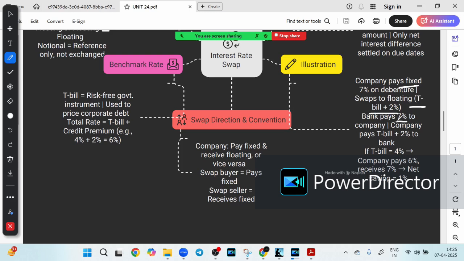And there is something called a swaption. Swaption means what? These are options built into a swap contract. So it is a combination of two things, option plus swap. An option built on a swap contract. You can choose whether or not to enter into a swap later. If you look at the USD benchmark here,